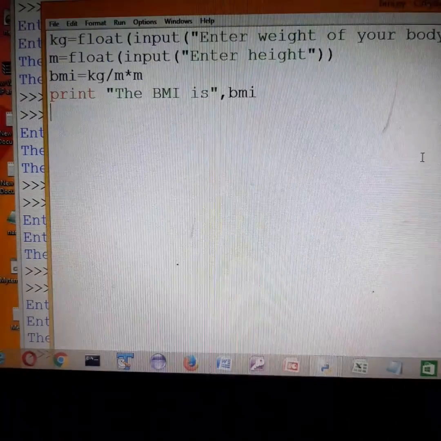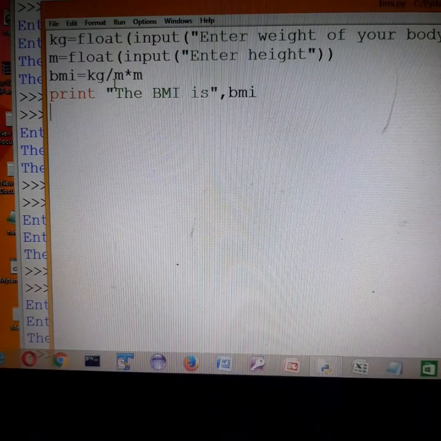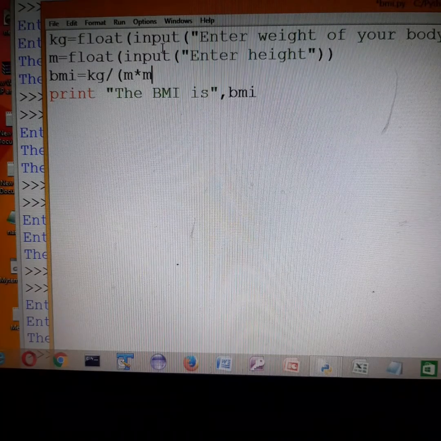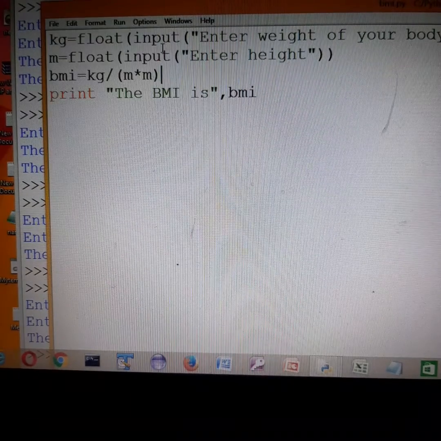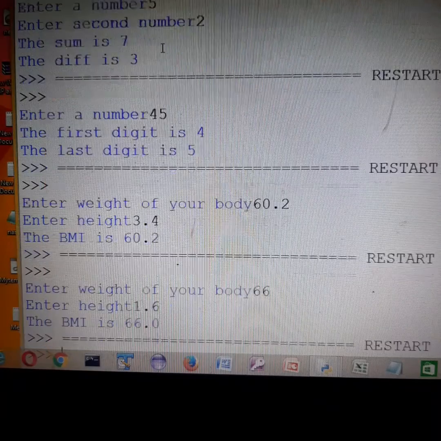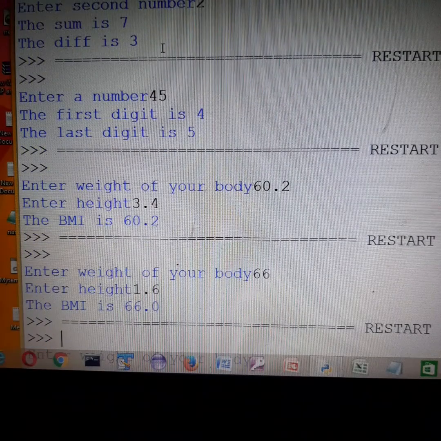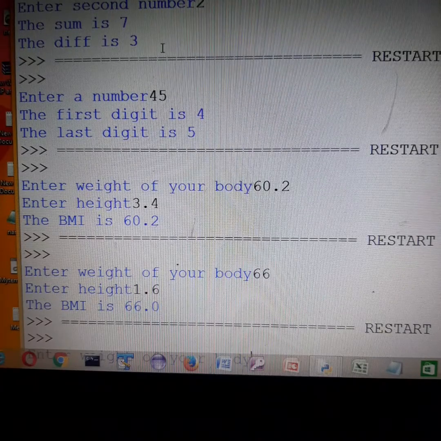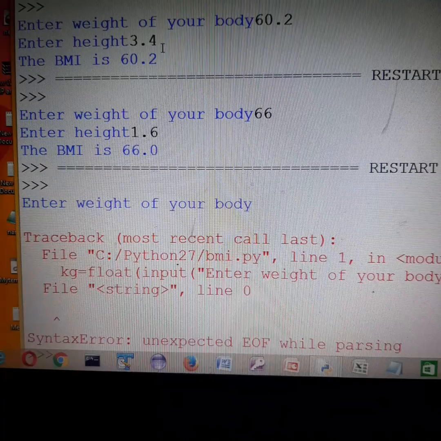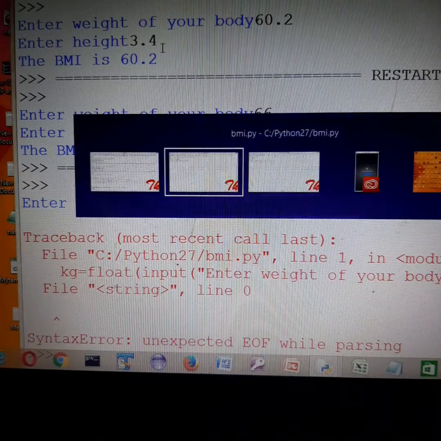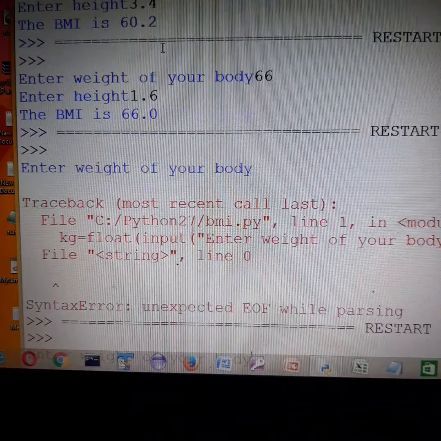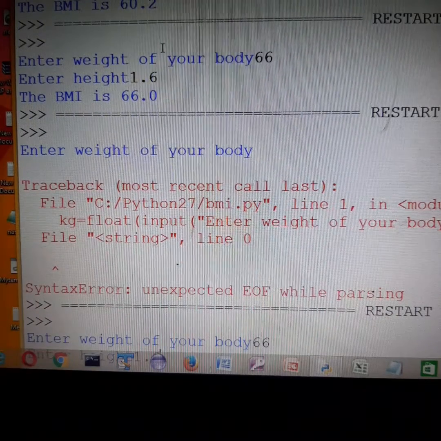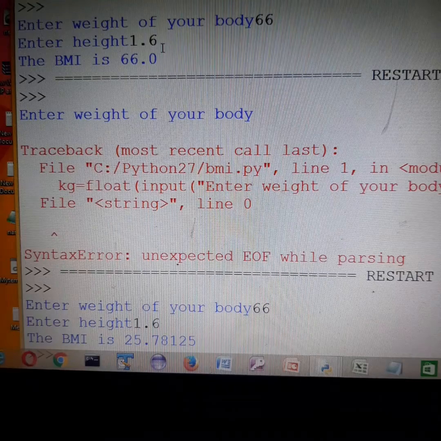Okay, let me see. Acha, it is dividing only by m. Let's take it in brackets. Here also the BODMAS rule is applied. It's coming correct.